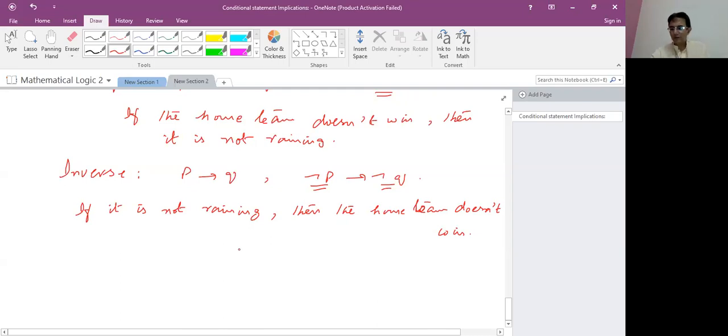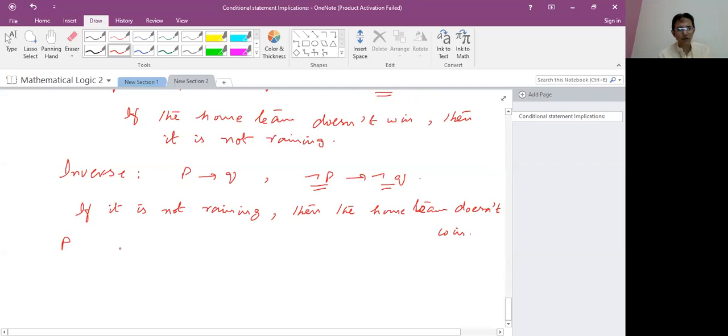So student, I hope you will learn about the converse, contrapositive, and inverse, because when we convert the conditional statement into another conditional statement, the first one is the converse, the second one is the contrapositive, and the third one is the inverse. With the help of a truth table, now we will show what the contrapositive, the inverse, and the converse are.